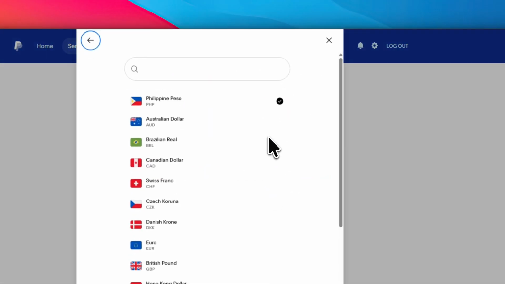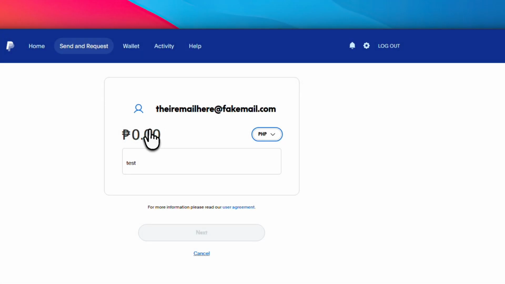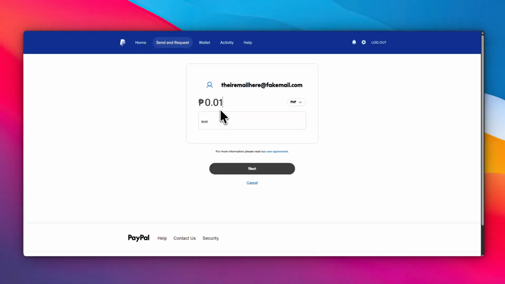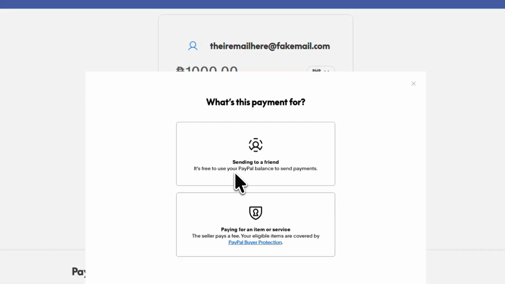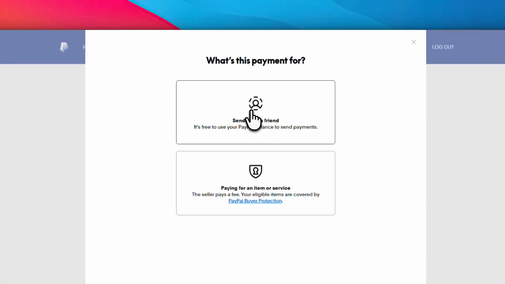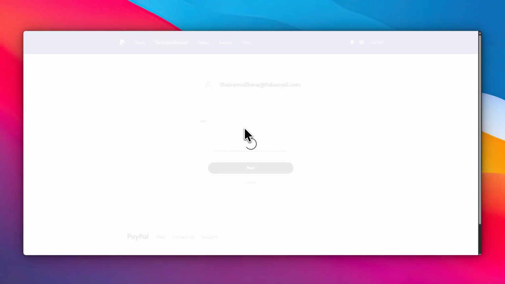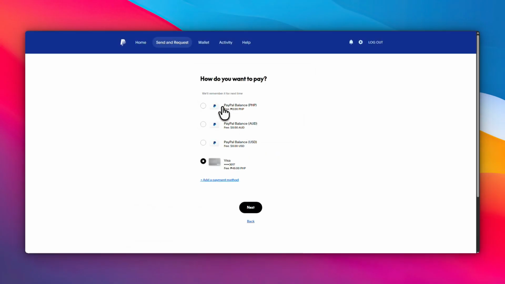Once everything looks correct, confirm the payment. After you review the recipient information and the amount one last time, complete the transfer and that's it, your money is on its way. As a quick tip, always verify the recipient's PayPal information directly with them before sending, especially